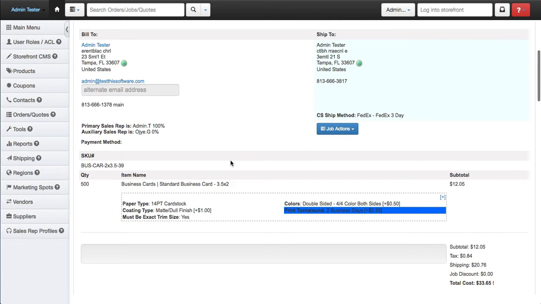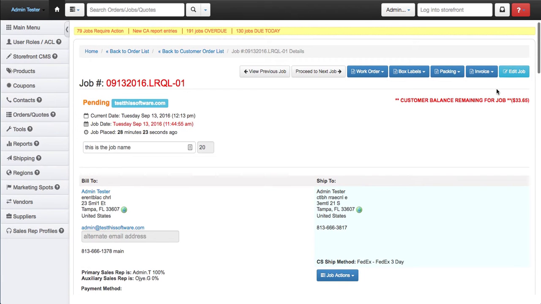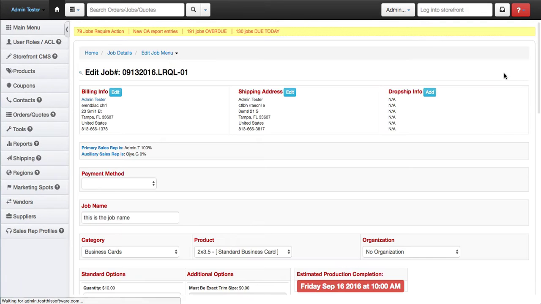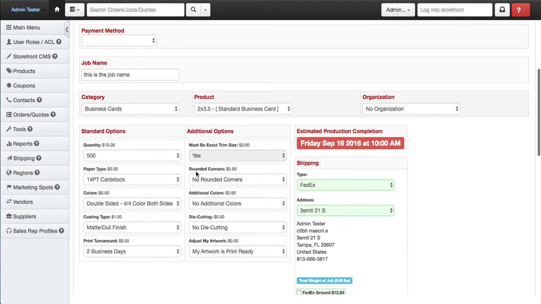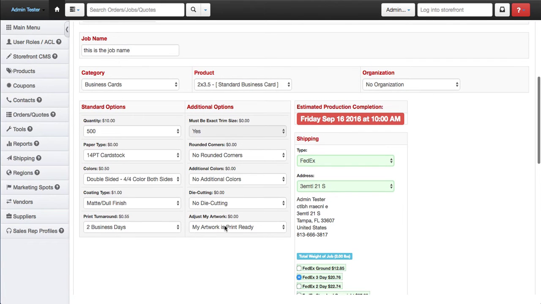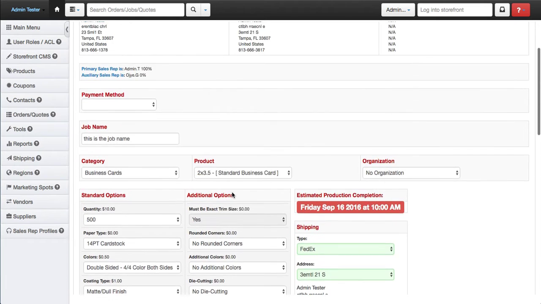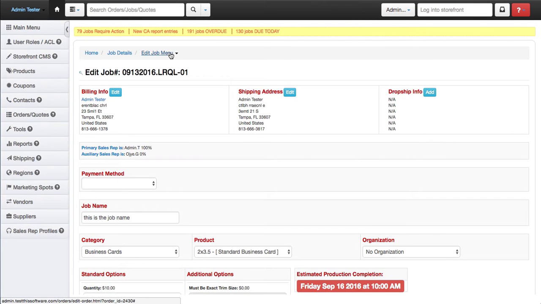I believe before it was around $60 because they had a quantity of 5,000. But let's say this customer now changed their mind again and they wanted something else done to it. Let's go back up to Edit Order. They want spot UV. Well, we scroll down here, we don't see any spot UV options because these are all the standard options for the product. Well, now what we can do is scroll back up, go to Edit Job menu,